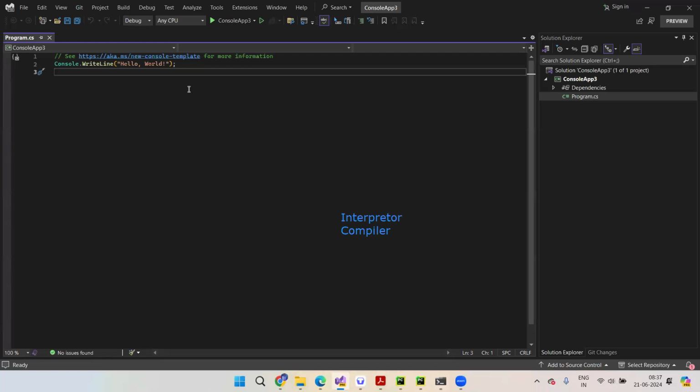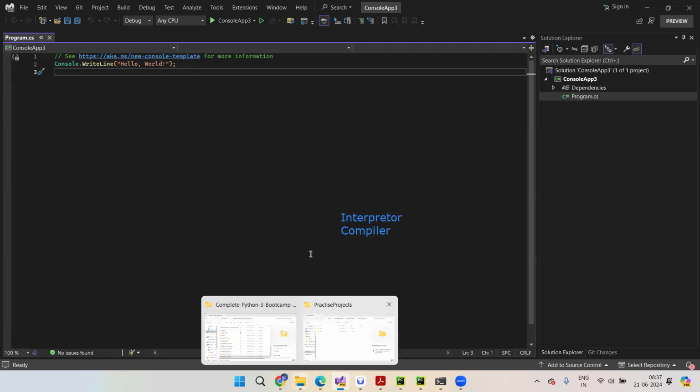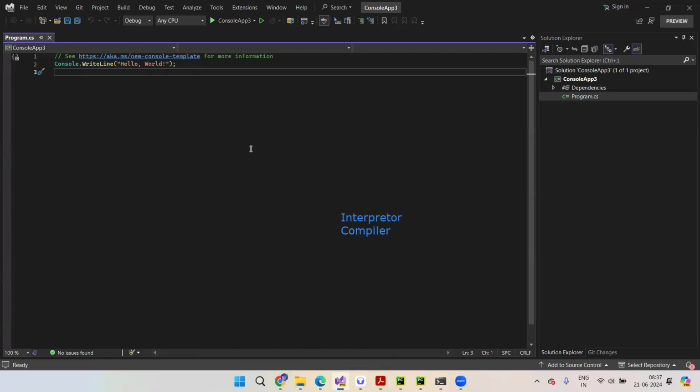Okay, so the logic that you are going to build, that is always going to remain the same, but the editor can change. The editor will not remain the same every time. You can change the editor anytime that you want. You just have to focus on the code that you are going to write. You should not focus on the editor that you are going to use.